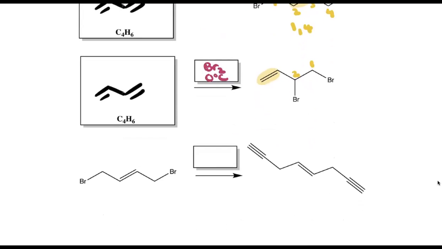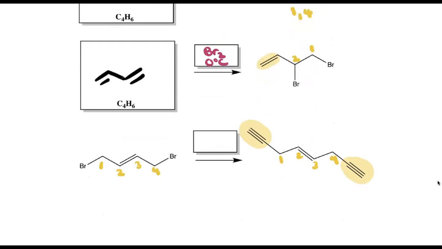And then you see for this last one over here that you start off with a 4-carbon chain with 2 bromides at the end. And then here's this original 4-carbon chain, but you're adding in a total of 4 carbons, 2 on each side. Okay, so this is going to be your acetylide chemistry, right? And I'm actually gonna maybe draw it a little outside the box, but remember, in order to do this, you would need,